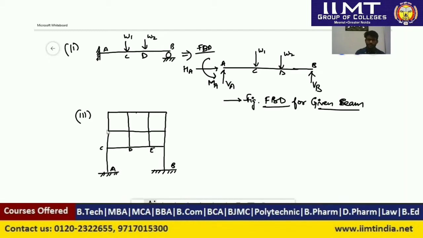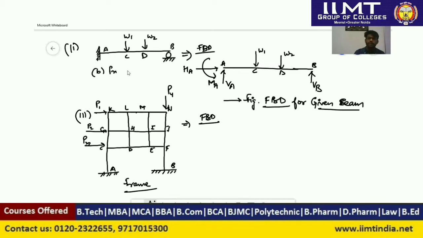Let's name them C, D, E, F, G, H, I, and 3 loads are acting on it at points C, G and K, P1, P2 and P3, and another load P4. Now we have to draw the free body diagram for this frame. This is basically a revision for you also, on elements of a structure.